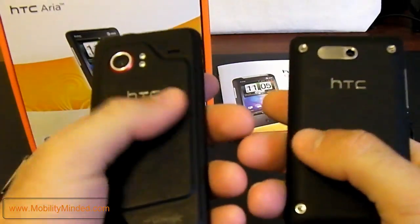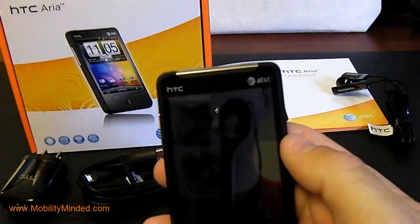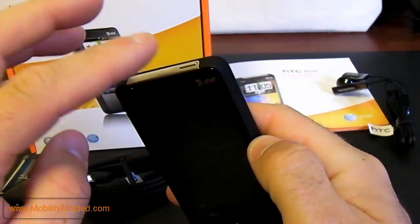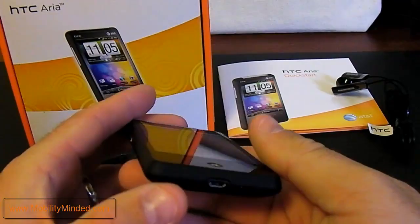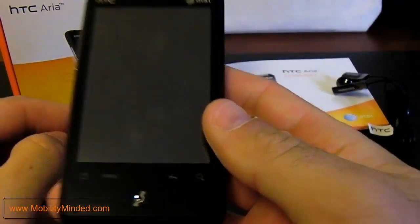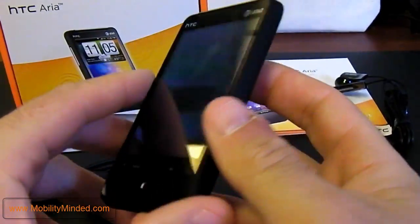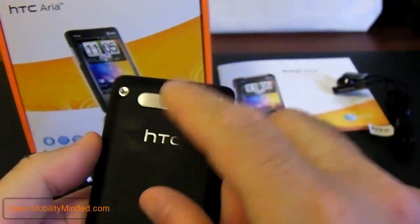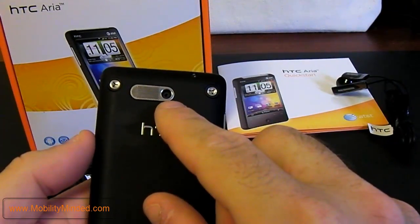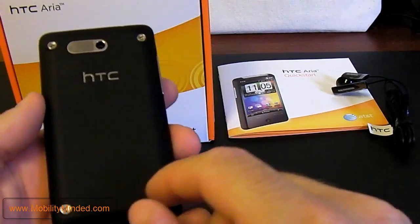Of course, everybody wants to customize their device a little bit. But let's take a look. What I want to do first is the power buttons on the top. We have our volume buttons here. We have our charger. We have our Android standard home button, menu, back button, and the search button. The left hand side, you see absolutely nothing. On the back, you see your speaker, you see your camera, and actually it's a nice little detail of 4